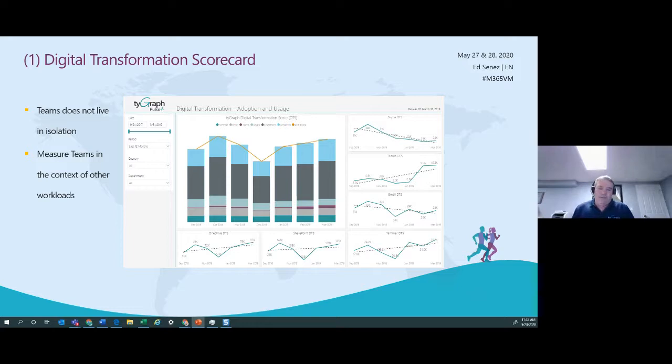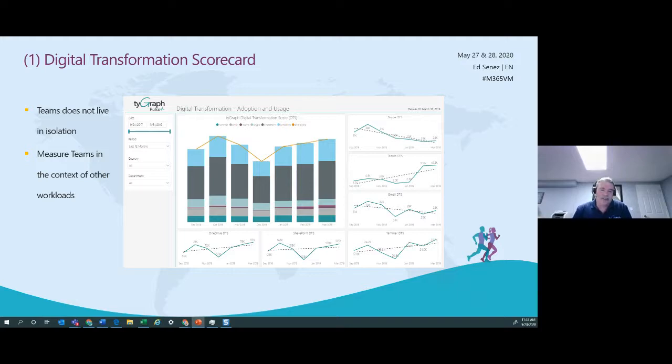I'm going to give demos for each of these, but I'll just outline this. One of the things we look at when we measure Teams is that Teams does not live in isolation. Teams is part of an ecosystem, and to some degree is an ecosystem in itself, in that you have all of these different facets that are part of Teams, and how they interact. Just from the pure Microsoft perspective, you think about the replacement of Skype over time.